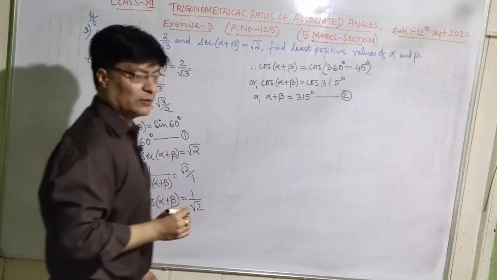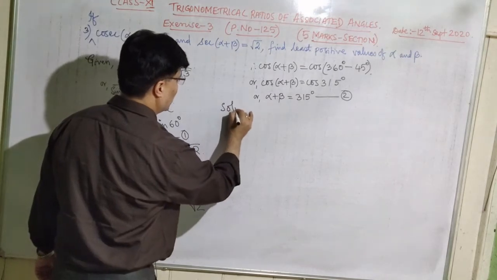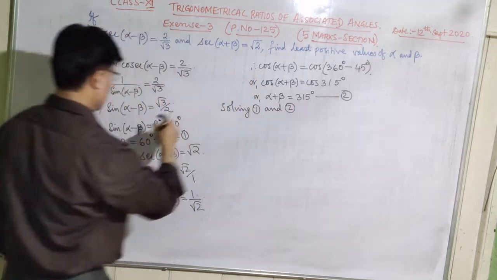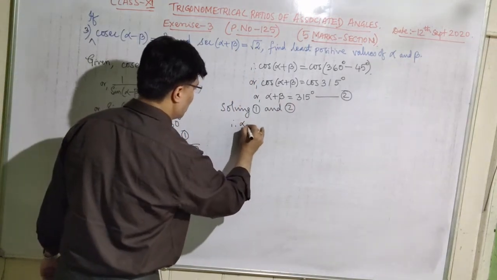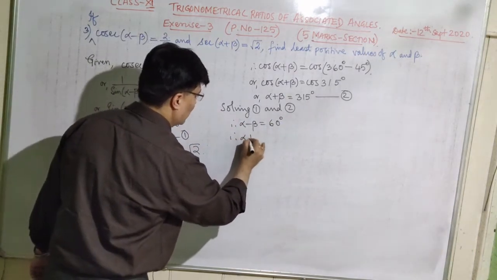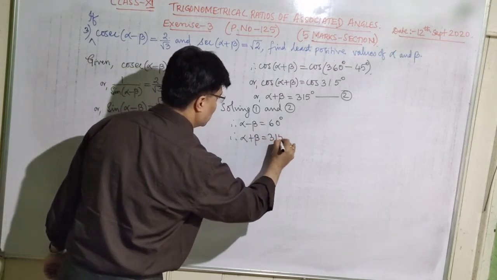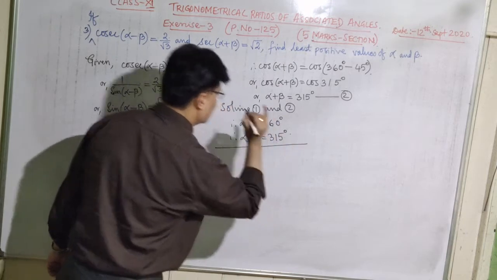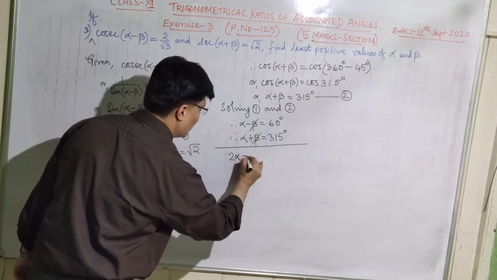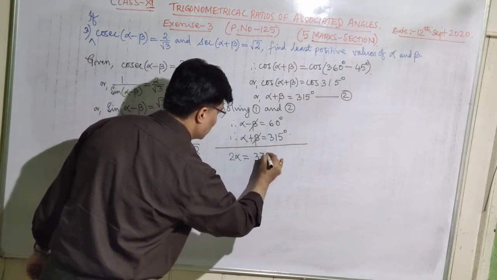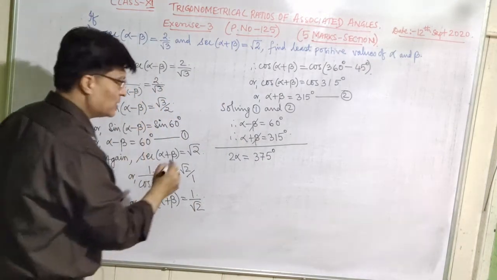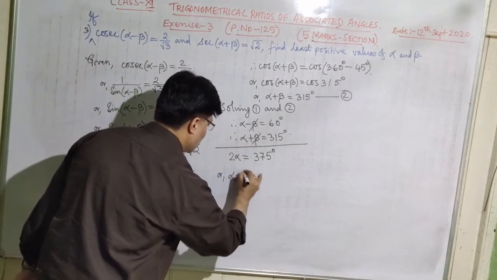Now let us solve it. Solving 1 and 2. What is number 1? Alpha minus beta is equal to 60 degree. And alpha plus beta is equal to 315 degree. Let us add them. If we add them, beta and beta will be cancelled. So alpha plus alpha is 2 alpha, and adding, this is 375 degree. Is that correct? 0 plus 5 is 5, 6 plus 1 is 7, and 375 degree. So alpha is equal to